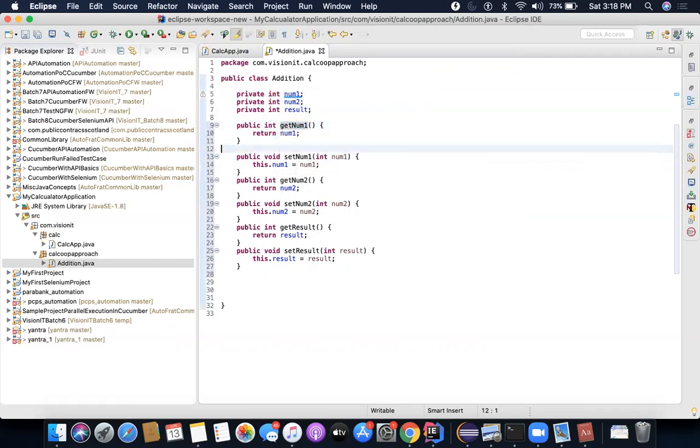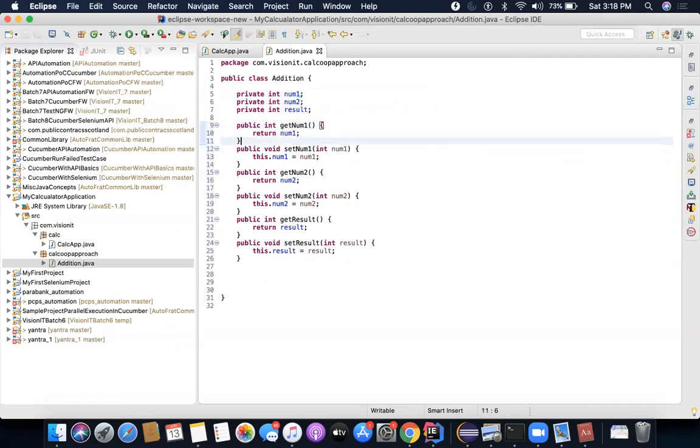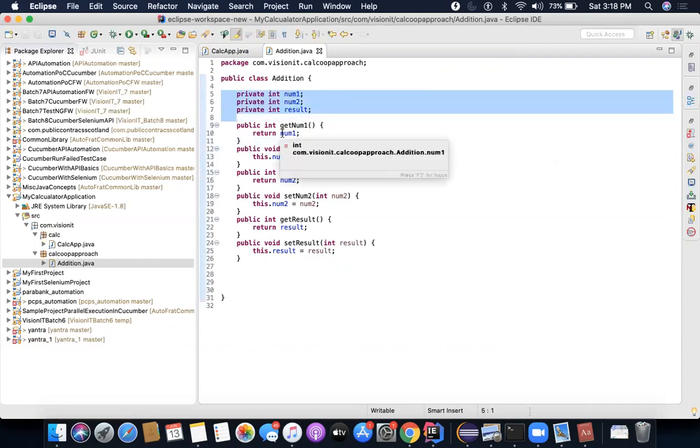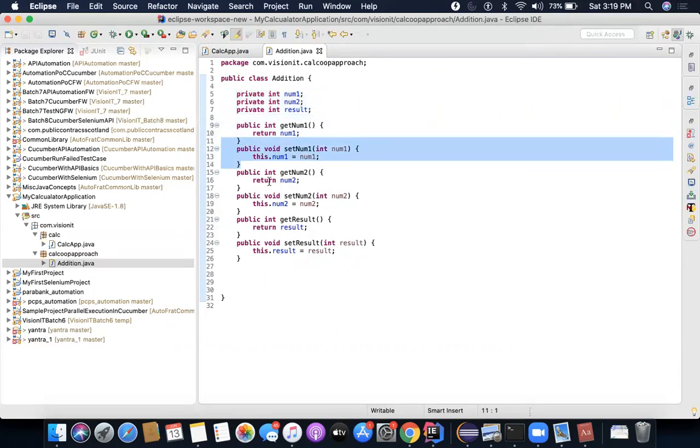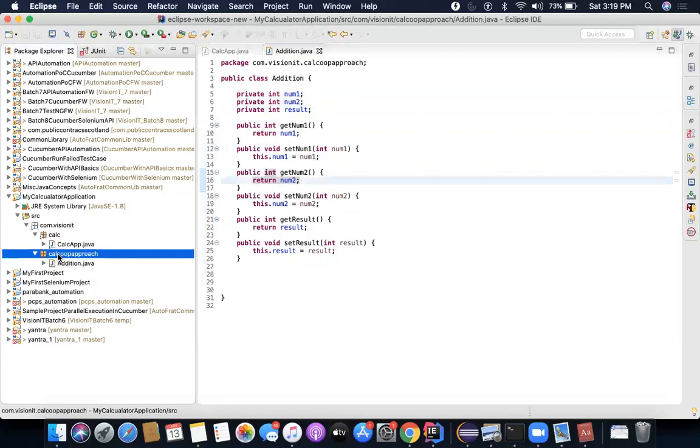In Java, this concept is called encapsulation, where you are encapsulating the details inside a class and hiding some information, the traits or characteristics of it. And if someone still wants to access it, you provide them with the getters and setters, right? Now let me show you how that works.